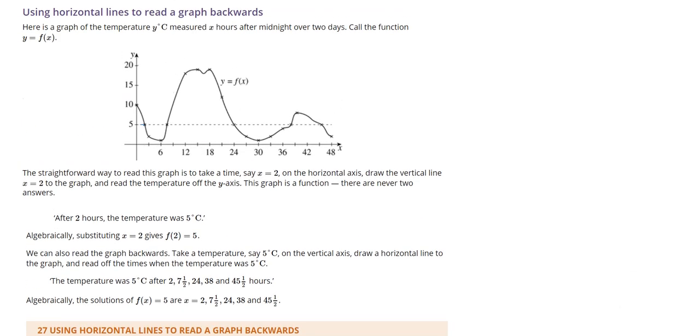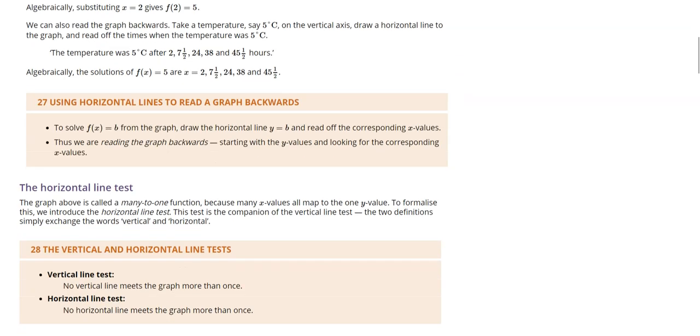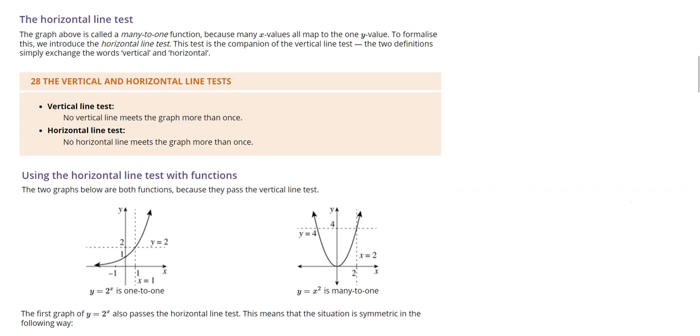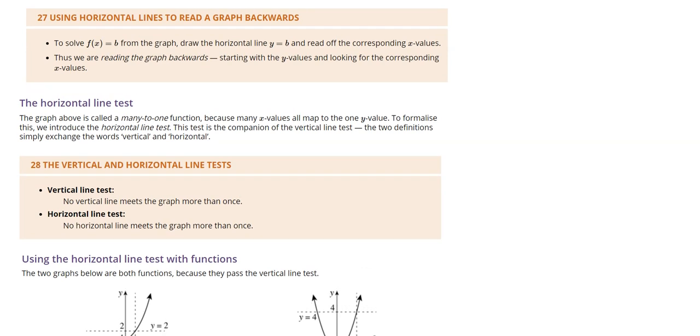So on here now, what we're essentially going to be able to do is assign a test to an outcome. So the horizontal line test: if it fails the horizontal line test, i.e. that it's passed through multiple things, and it passes the vertical line test, then it's a many-to-one relation. We'll get into the exact specifics about that. Sorry, I'm probably jumping ahead of myself slightly. So that graph is a many-to-one function because many values of x